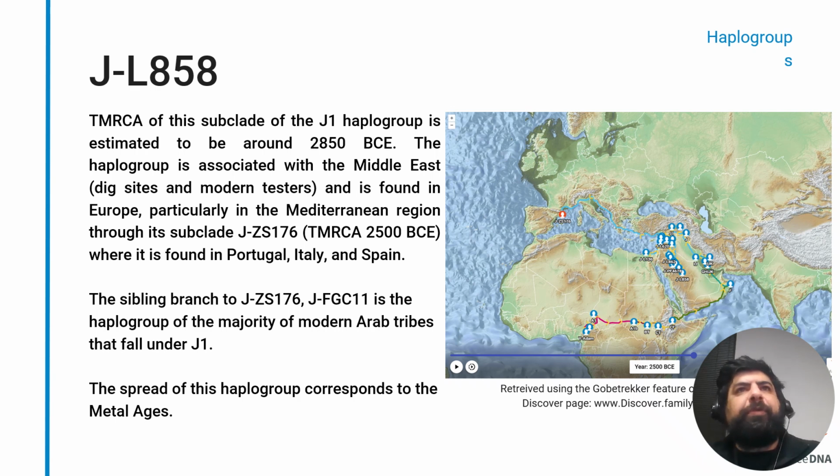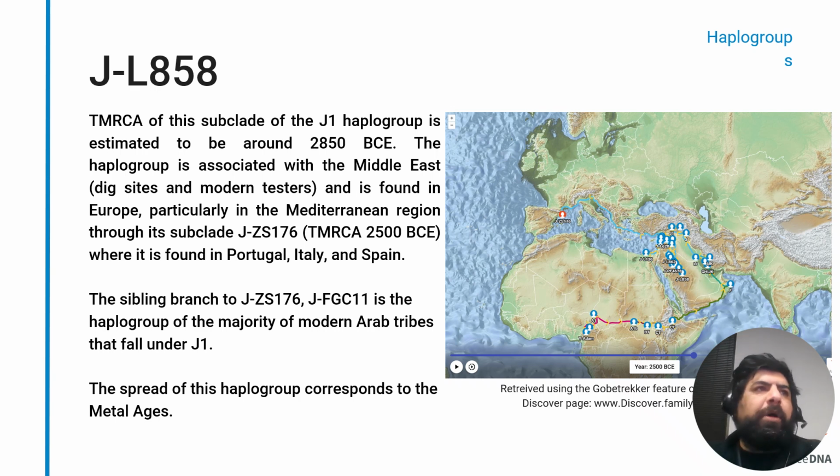This one more or less represents a middle point between being in the Middle East and being in Southern Europe, basically in what is historically called Iberia, or for the Arabs Al-Andalus, or what we today call the Iberian Peninsula, Spain and Portugal. Again, here we find a pattern of a migration, and we find that through these sibling